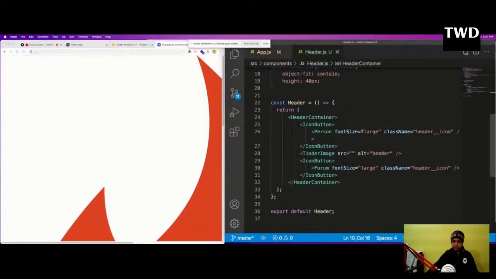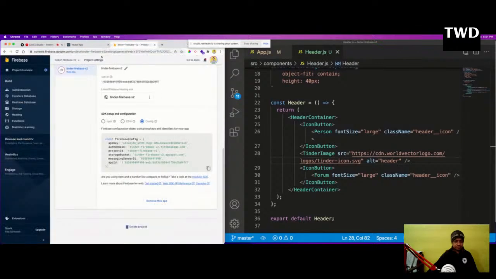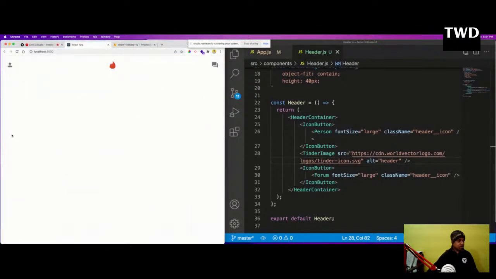So I'll save it, I'll put it here, and I'll put it in the src. Why is it not coming in the src? Okay, yeah, so this Tinder logo has been shown correctly. So this is how it has been shown, and it is perfect. Our header is perfect. Okay, so let's move ahead, and let us create